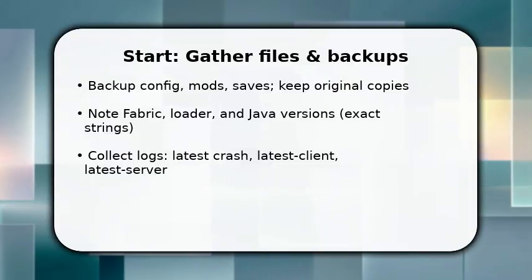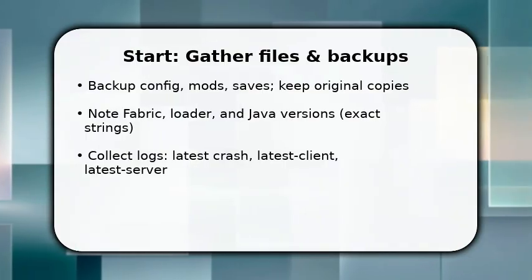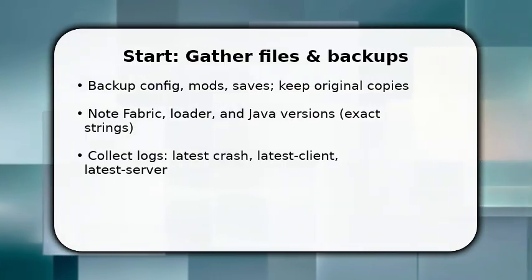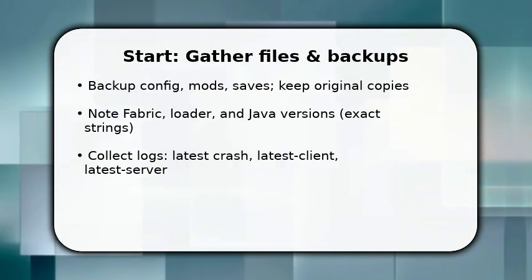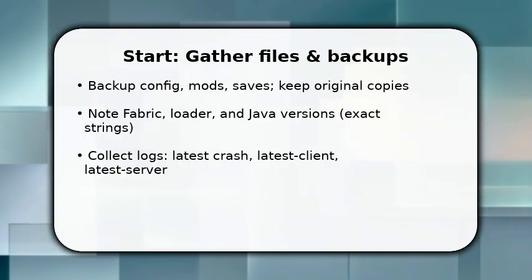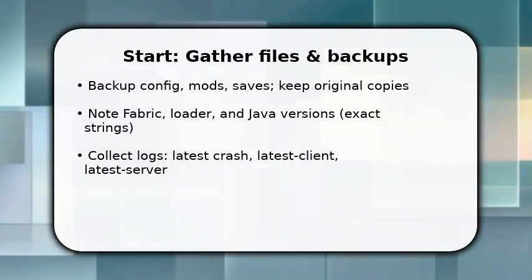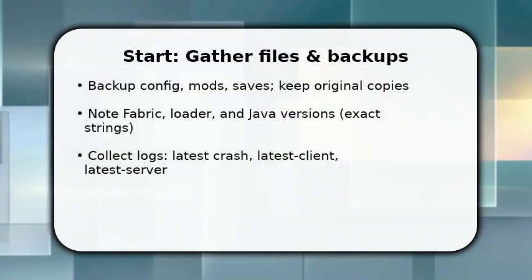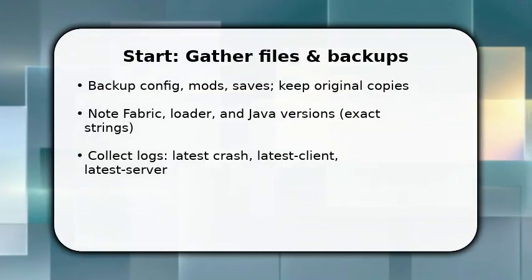You begin by making a targeted backup of the exact files you'll touch: config, mods, and saves. Once done, note the Fabric Loader version, Fabric API version, and your Java runtime string. Mismatches cause errors. Then export the most recent crash log plus latest client or latest server logs so you can